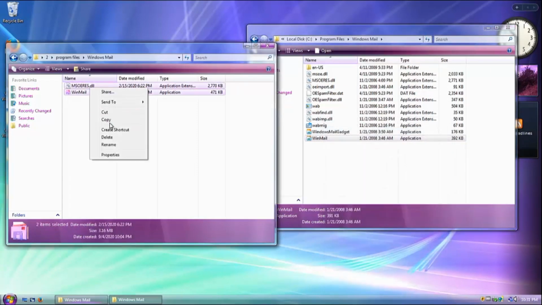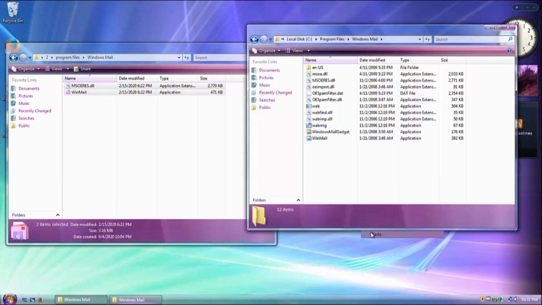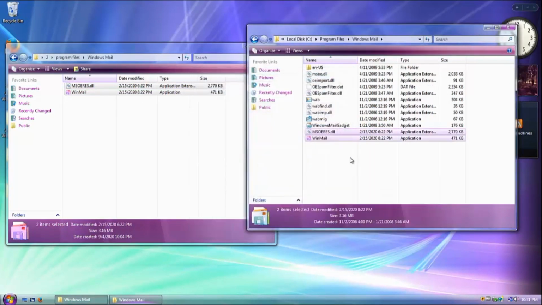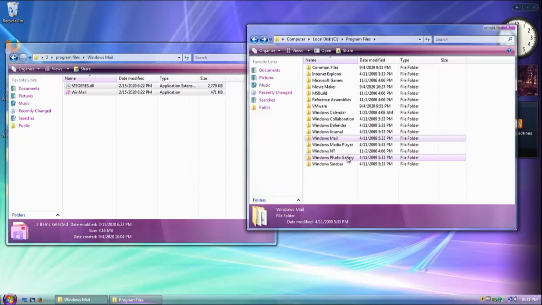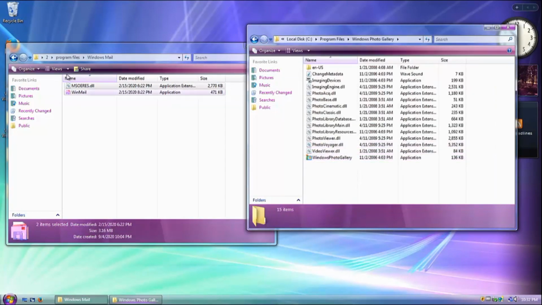You should now just copy both of these files and paste them into the Windows directory, or the program files directory, whatever. So now we skip Windows Media Player. I'll tell you why in a minute. I'll show you why later. So now we move on to